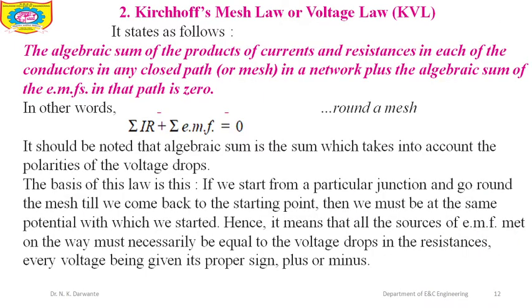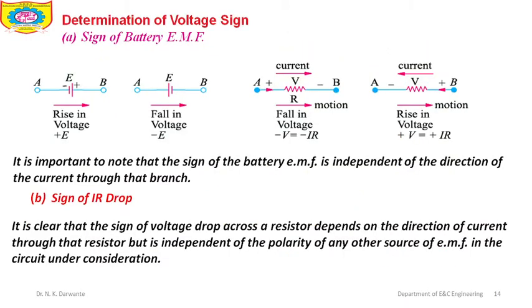Okay, now we are going to use these laws for analysis purposes. Analyzing the circuit means finding out the current as well as the voltages of our desired branch in a circuit. For that purpose, in a circuit we know that different EMF sources, voltage sources are there, as well as we come across the IR drops, that is the current-resistance drops. When these drops come in the analysis, then we need to use them with the proper sign.